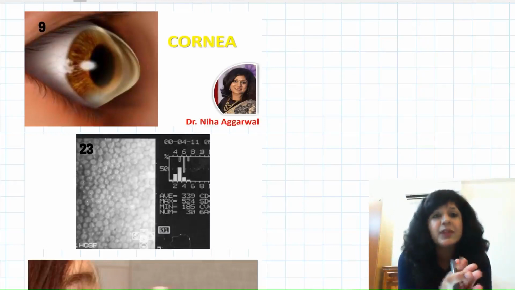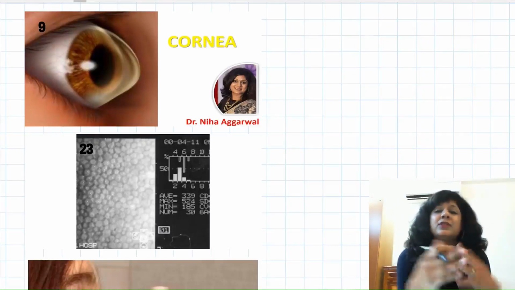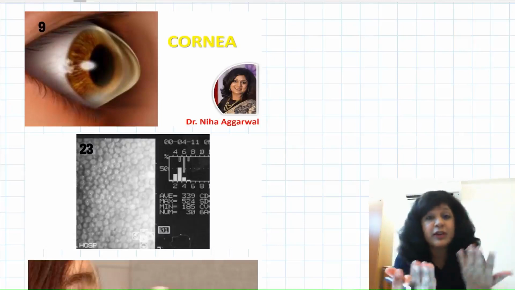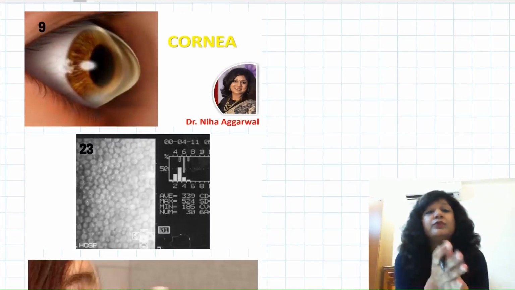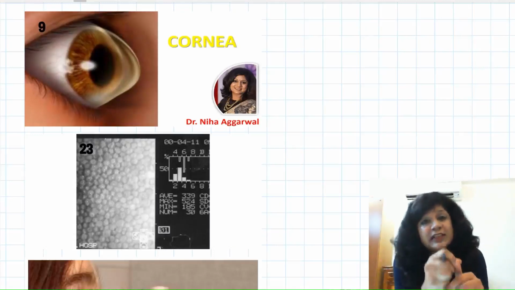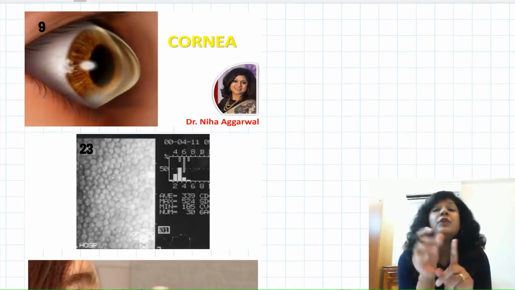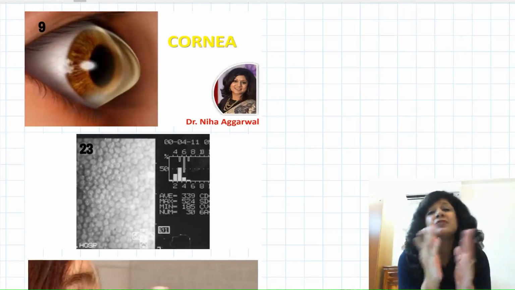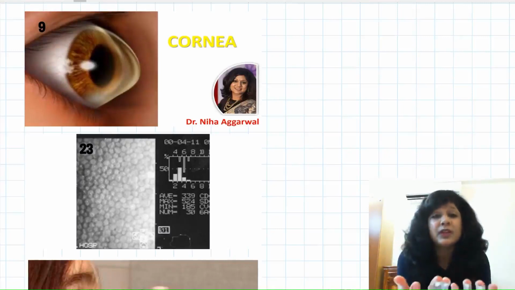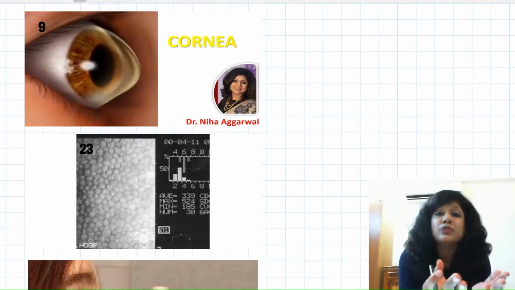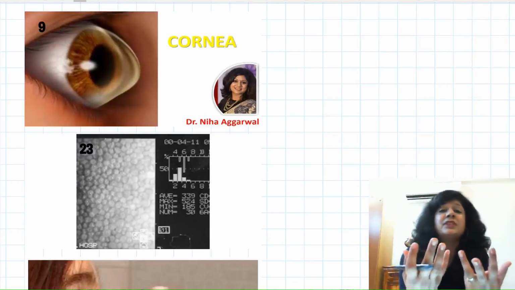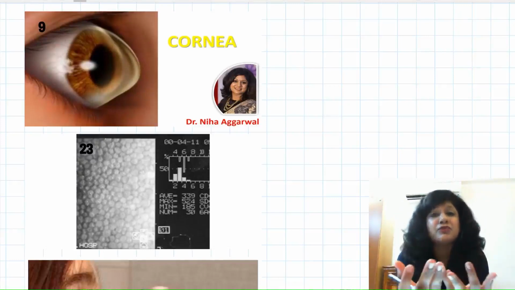We already know this. Descemet's membrane is the most important layer. I don't think I have to say this. You already know, you have done the whole of ophthalmology. Like Schwalbe's line is the end of Descemet's membrane. We know the Descemet's membrane detachment that can occur. So many times we have studied it. We have acute hydrops in keratoconus. We have descemetocele. Descemet's membrane has the maximum resistance to mechanical trauma, chemical trauma, and microorganisms.